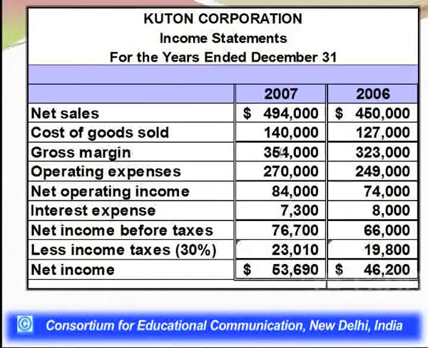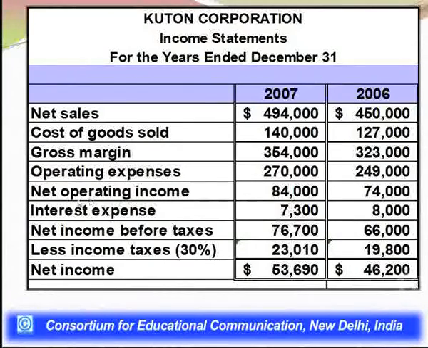So the difference of these two values, which is 354,000 and 270,000 in 2007 and 323,000 and 249,000 in 2006, is coming out as 74,000 and 84,000 respectively for 2006 and 2007,